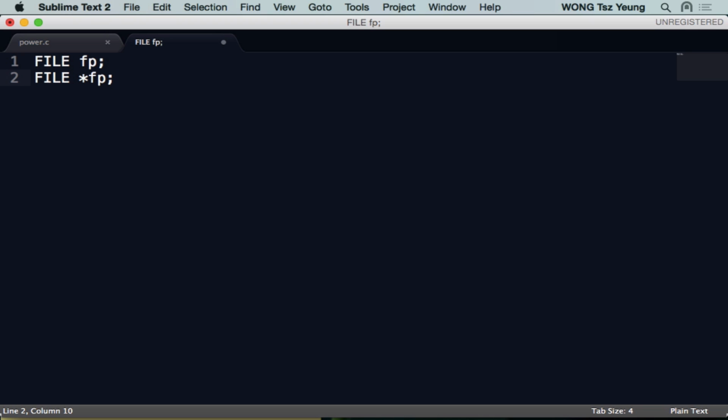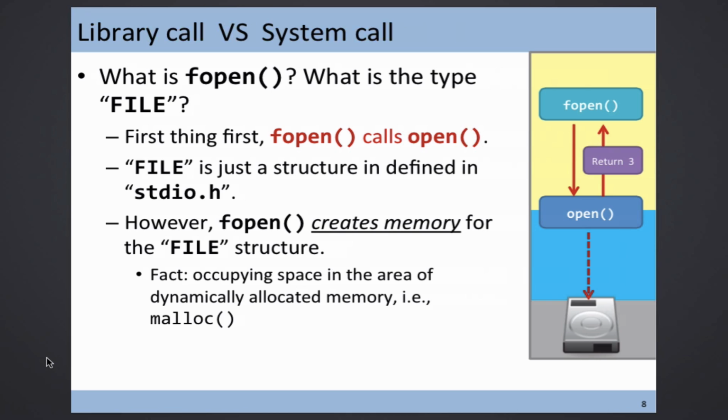Line 1 or line 2? Line 2, right? You never write in line 1. Okay, so why? You are being cheated for a very long time. This fopen silently calls malloc. It silently calls malloc, creates a really large bunch of memory, and gives you the pointer